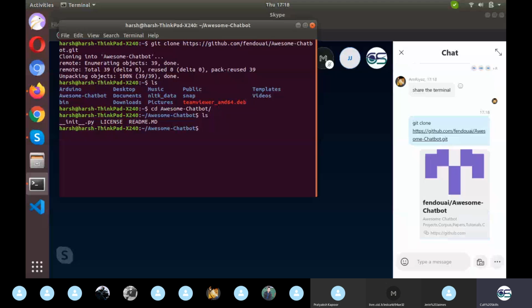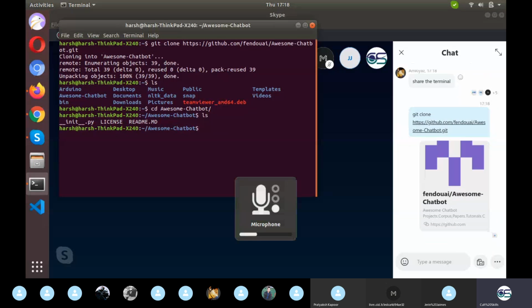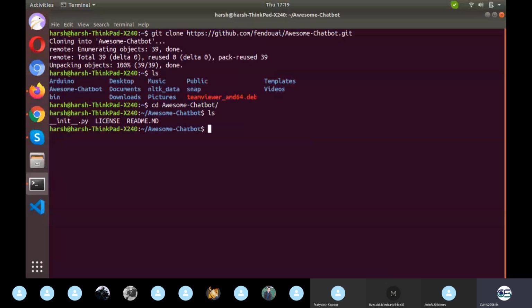So this is the screen basically. You need to go for git clone and the link.